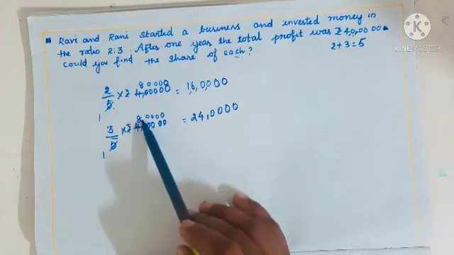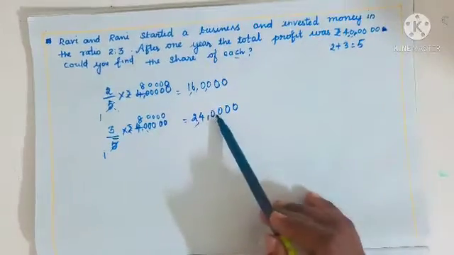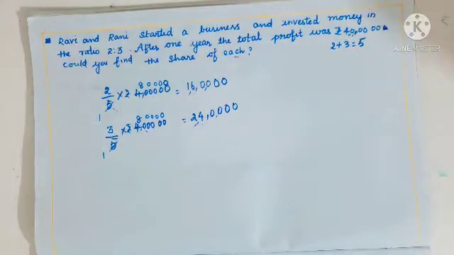8 3s are 24 and the rest of them are 0. So it is 2,40,000. Okay. So this is the way you can get the share. Okay, fine. Now we'll go to the